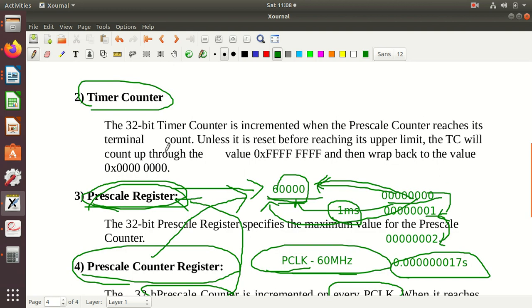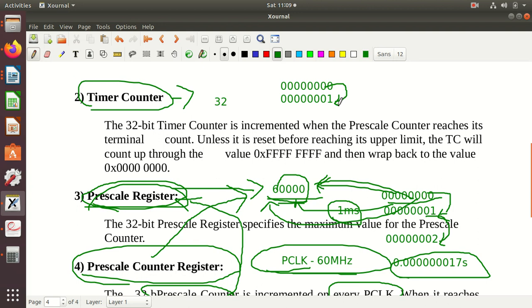Now what you have to understand is, then what is the timer counter? Okay, you have the prescale counter, then what is the timer counter? This is also 32 bit. Okay, so this is also 32 bit here, but this 32 bit timer counter will get incremented by 1. Let me write it here. So this value, if I write 00000000, this will get incremented to 00000001. Okay. Just understand the difference here. Timer counter will get incremented from 0 to 1.